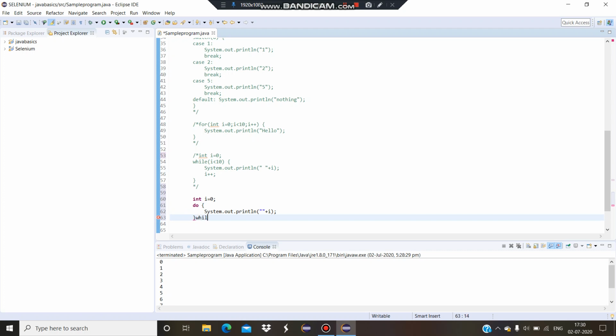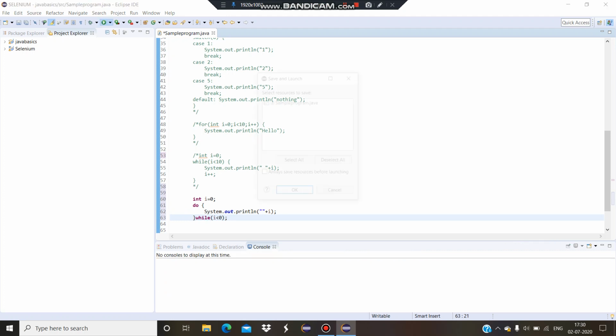So I am writing while of i less than 0. So this is a false condition, right? i is not less than 0, but even though it is false, it will execute i equals to 0 for the first time.